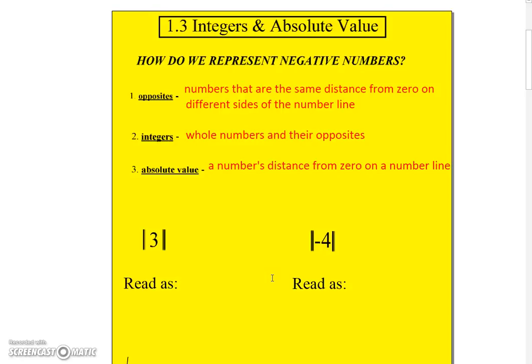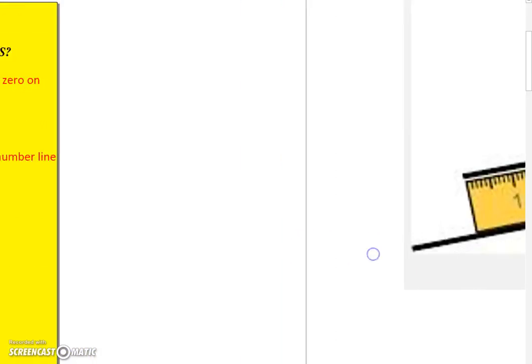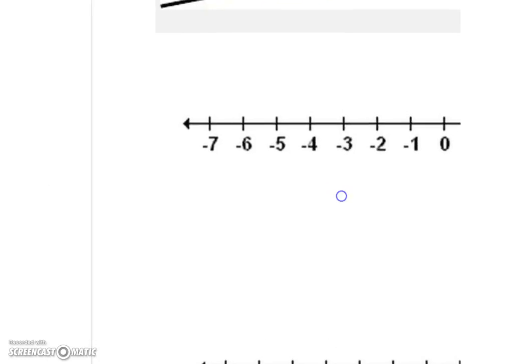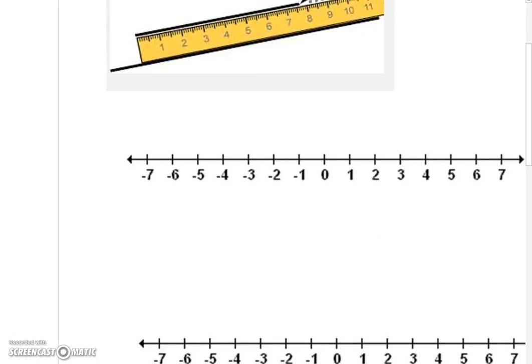So today I want to talk about integers, absolute value, and opposites. To talk about a couple of definitions here, the first thing I would say is that opposites are numbers that are the same distance from zero on different sides of the number line. And what I simply mean by that is if you look at something like this, we would say that 3 and negative 3 are opposites because